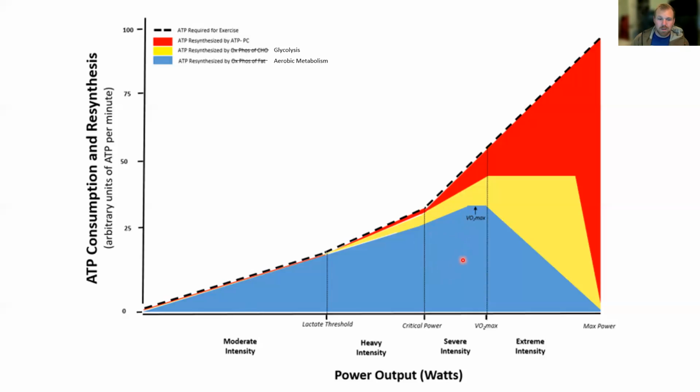So an important note, something to really keep in mind, is that if you're in the severe intensity, above critical power and below this threshold, which I'll talk about in a second, then you will always reach that VO2 max. But if you notice, when we jump into the extreme intensity, that aerobic metabolism contribution drops significantly. You get much more glycolysis, much more phosphocreatine, until glycolysis starts to drop. The reason behind this is our body has different adaptations to make to be able to achieve that VO2 max, or achieve that